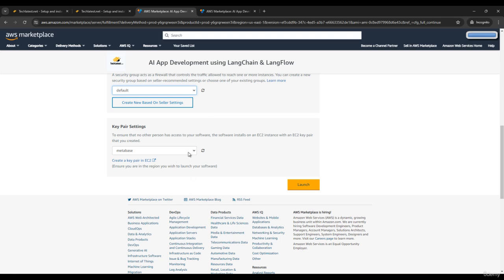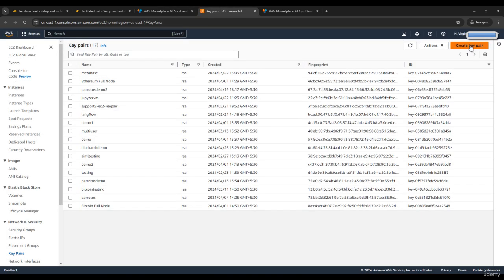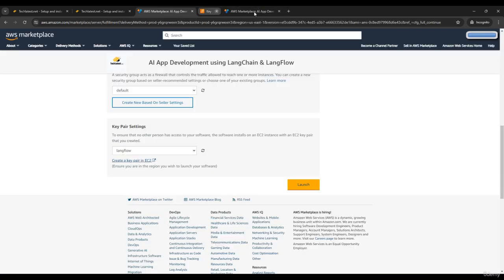Okay, then you can select your key pair. I already have an existing key pair called Langflow, so I am selecting the Langflow key pair. You can also create a new key pair from this button. If you click on this button, you can find the key pair page here. Then simply you can create a key pair from here. Okay, I have so many key pairs. Then click on the launch button,